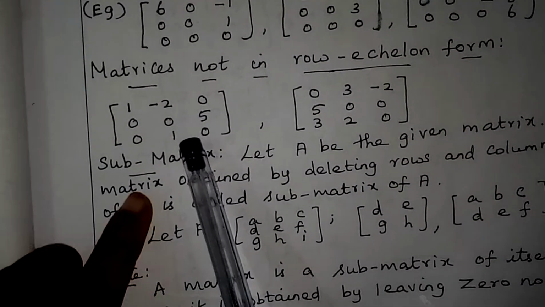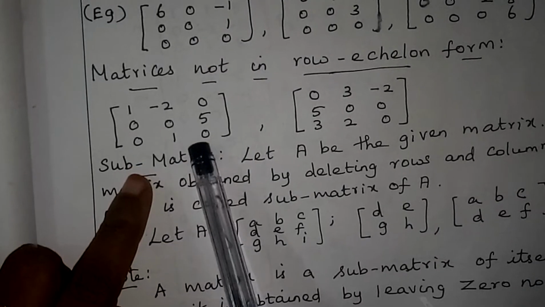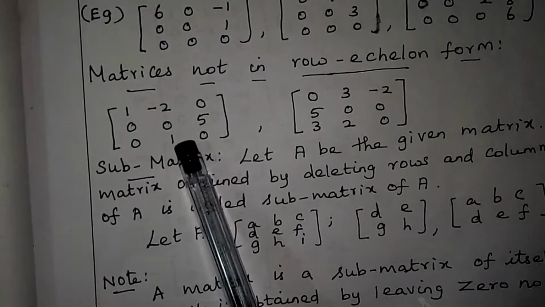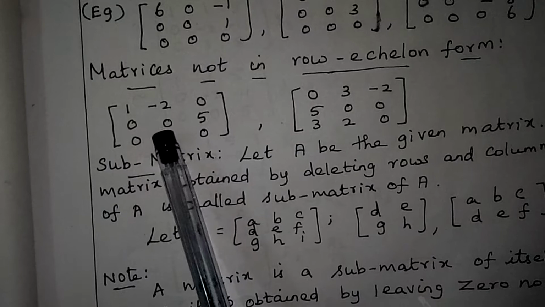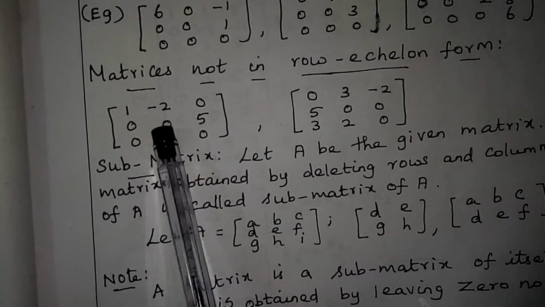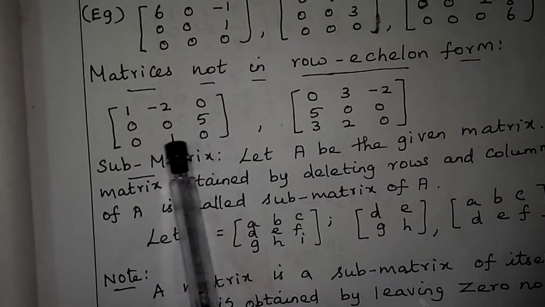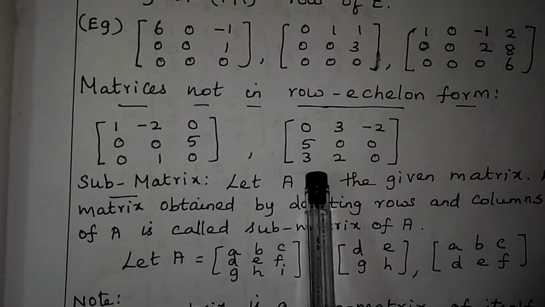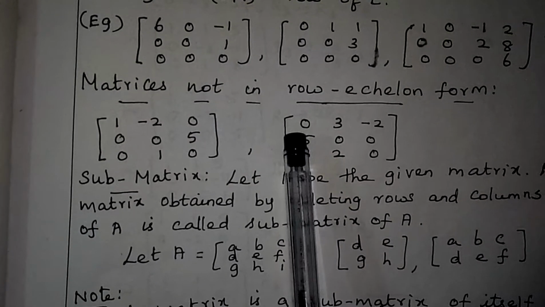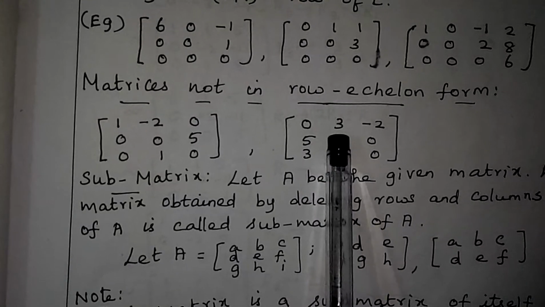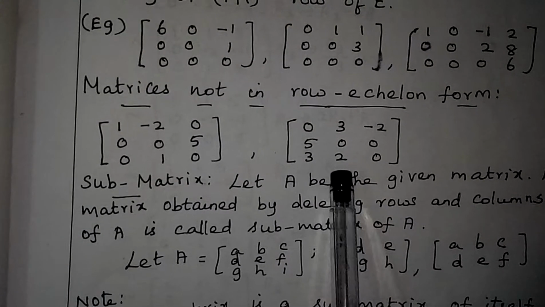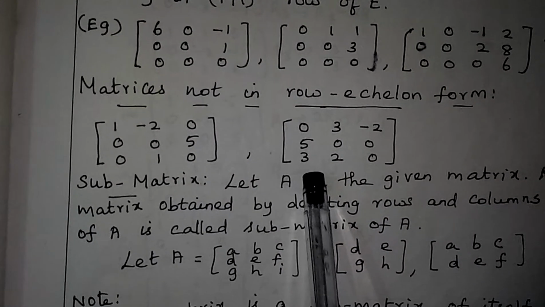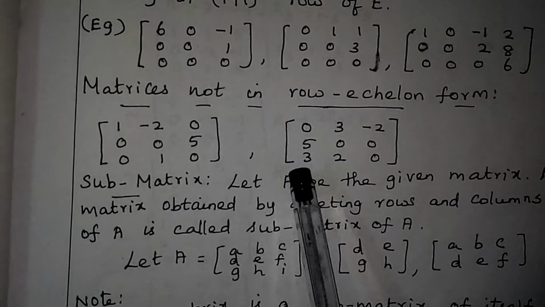According to that, here the third row element should be in the second row place and the second row element should be in the third row place. Only then it will be in the echelon form, because the second row's first non-zero element is not on the left side of the third row's first non-zero element. If you see the next example, this is also not in the echelon form because the first non-zero element in the first row is 3. So below that all the elements should be 0, but here all the terms below it are not 0. So it is not in the echelon form. It may be somewhat confusing for you, but when we do many sums, it will be clear for you.